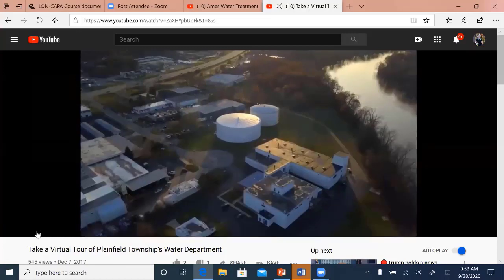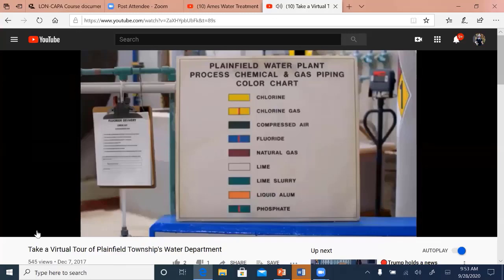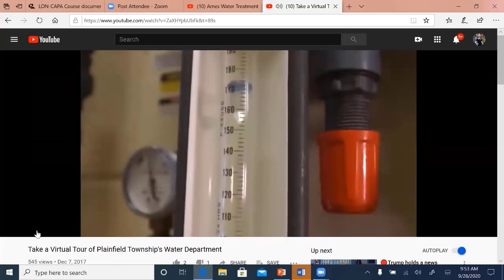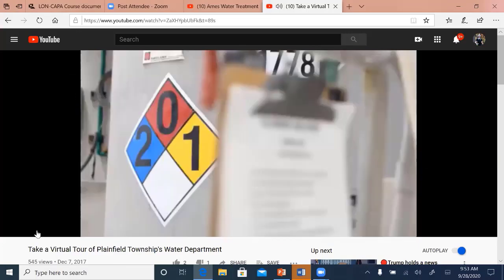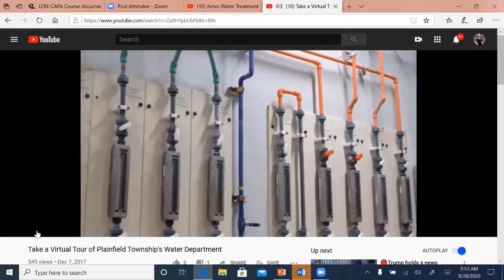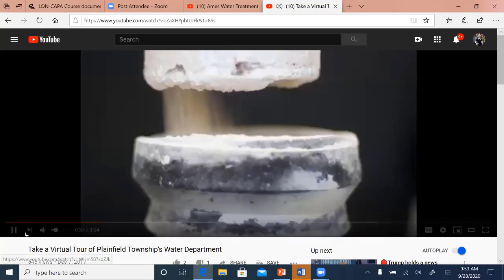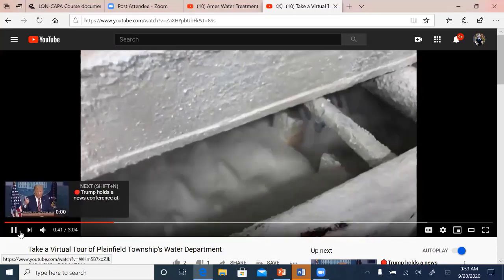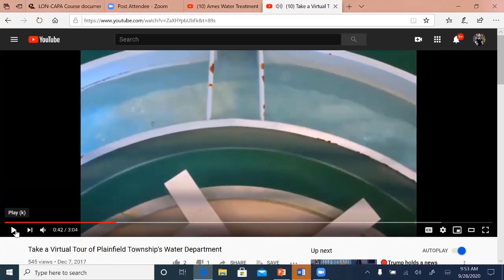When the water first enters the plant, chemicals that help keep our bodies safe are carefully measured and added. Aluminum sulfate helps to remove particles, while fluoride prevents cavities, and chlorine guards against bacteria. The water is then softened. Using lime from the UP, the water heats by chemical reaction and creates a milky-looking slurry that